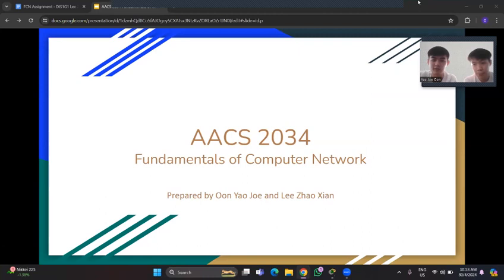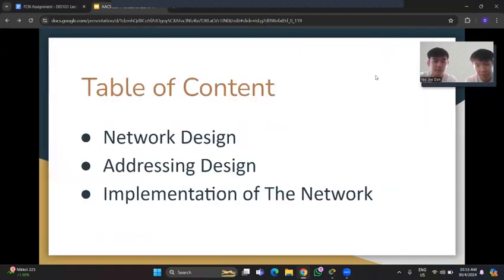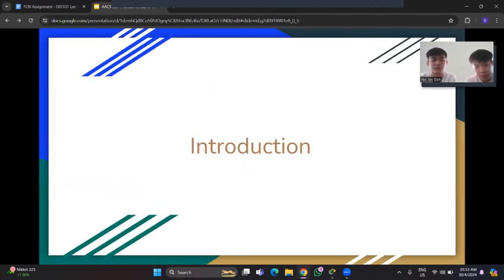Good morning, everyone. Today, we are going to talk about our assignment of Fundamentals of Computer Network, prepared by me and my partner, Xian. In this table of contents, we have network design, addressing design, and our implementation of the network. So for the introduction,